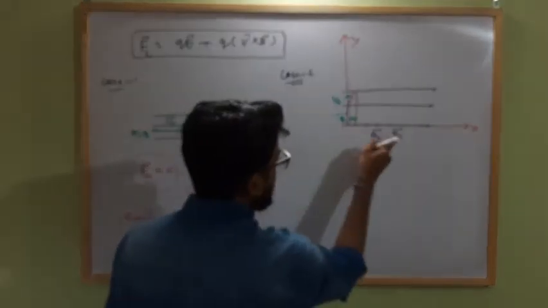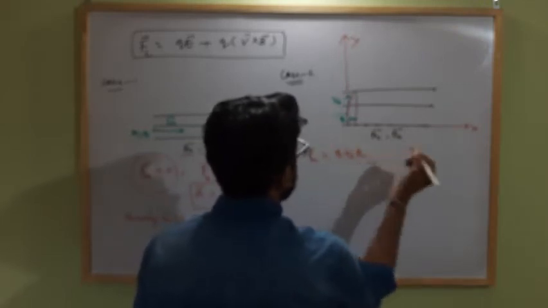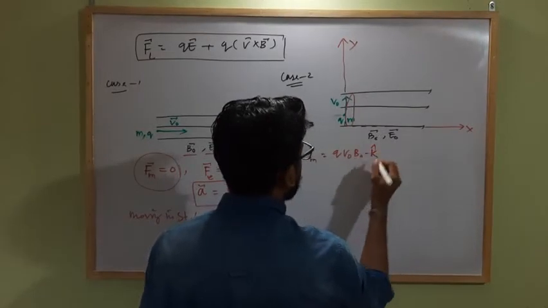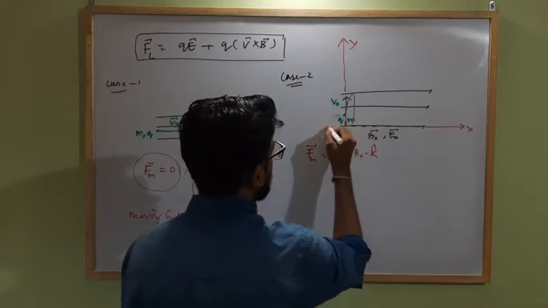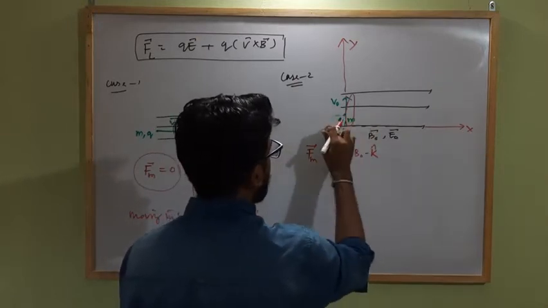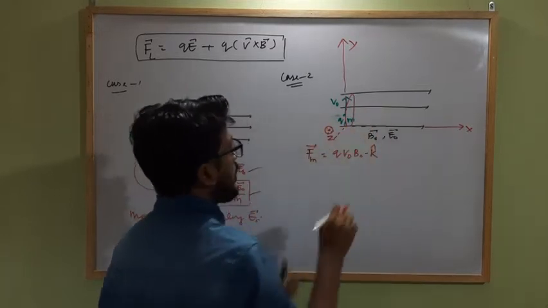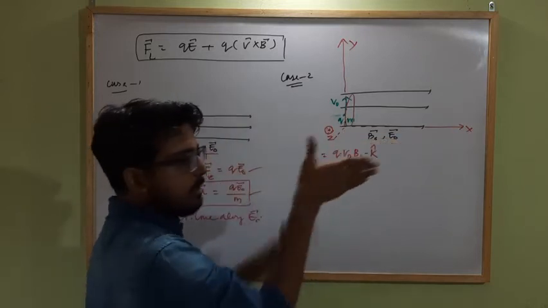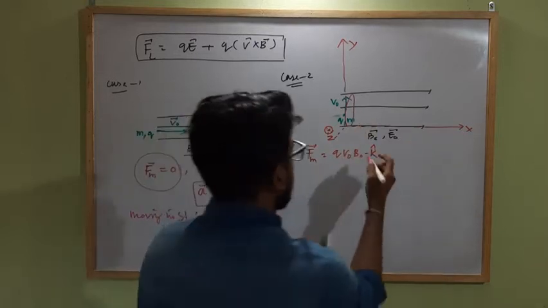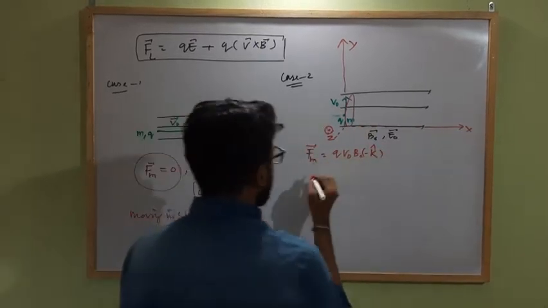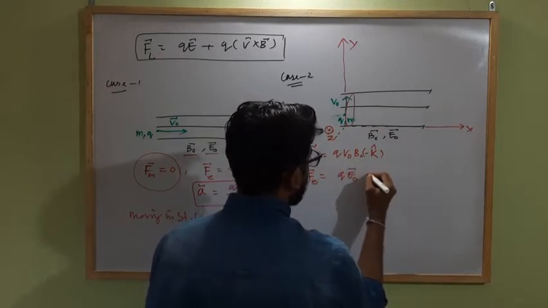But due to the electric field, here the magnetic force will be q v naught B naught. The direction will be minus k, along the negative z axis. This will be the z axis, sorry, this will be the outward z axis. So into it, the force will act like this; velocity is along this, this is the direction of the magnetic field, and the force will be along the negative z axis, so minus k cap. This is the direction of the magnetic force. What is the direction of the electric force? This is equal to q E naught i cap.